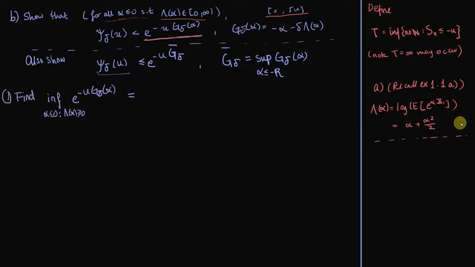Now, before we can continue, we need to look at the set of alphas that we minimize over, because we're considering those alphas smaller than or equal to 0 that allow for the cumulant generating function to be greater than or equal to 0. Now, how does a cumulant generating function look? I think this has been a part of the lectures. During lectures, you've learned that the cumulant generating function is convex. That means it behaves like a smiley face and goes through